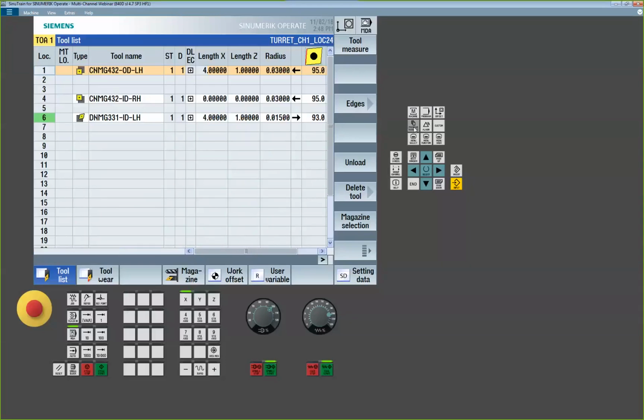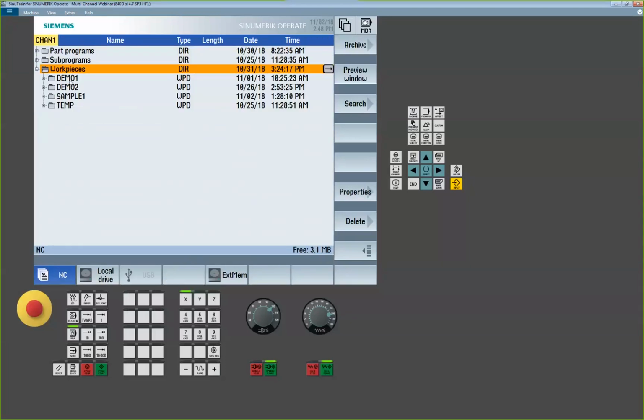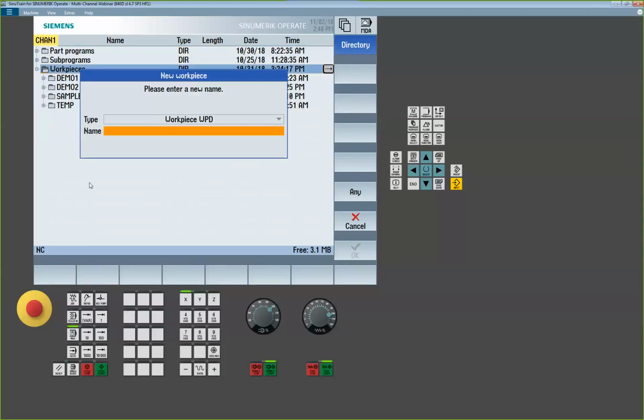So go over to Program Manager. You want to make sure you're in the Workpiece folder. And now we're going to create a new folder. So I'm just going to do that like I would create a new job. I want to be on directory. And I'm going to call this